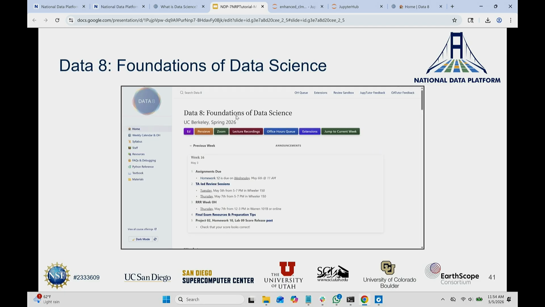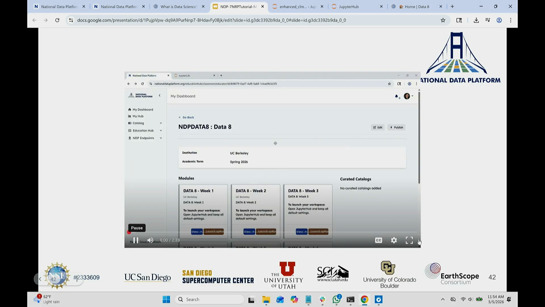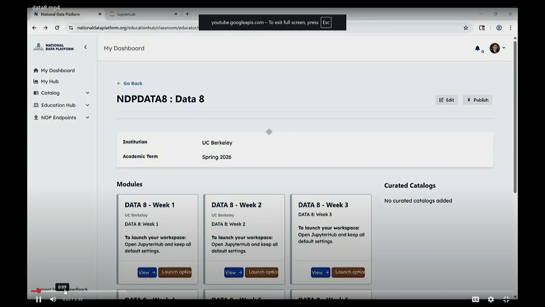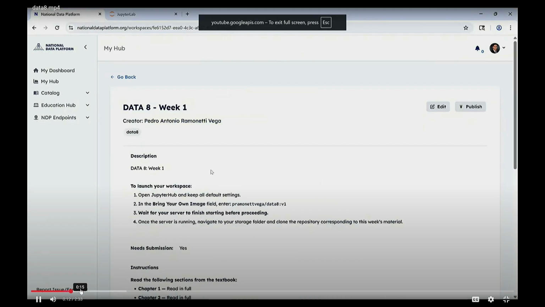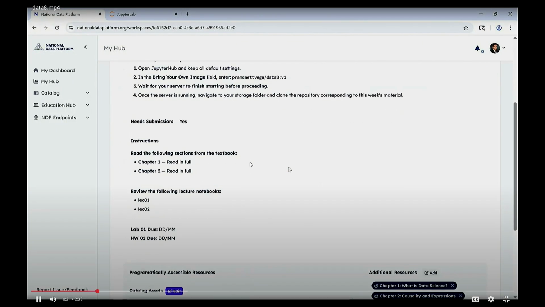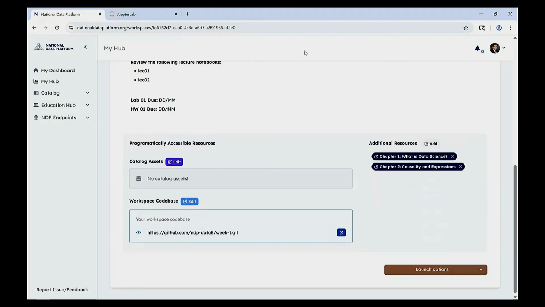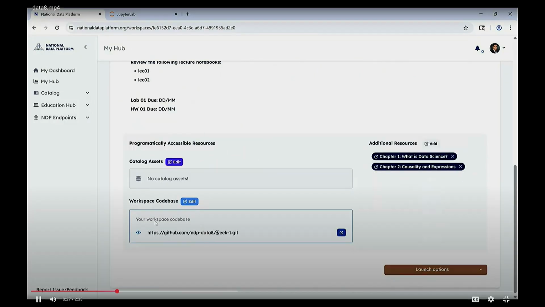So again, if I'm a student and I'm working on Data 8, I can review the content of each of the weeks. I will notice that there is a customized image that needs to be picked on the resources reservation menu. So AutoGrader and the relevant libraries are set on my server. And so when I move to Jupyter Lab,